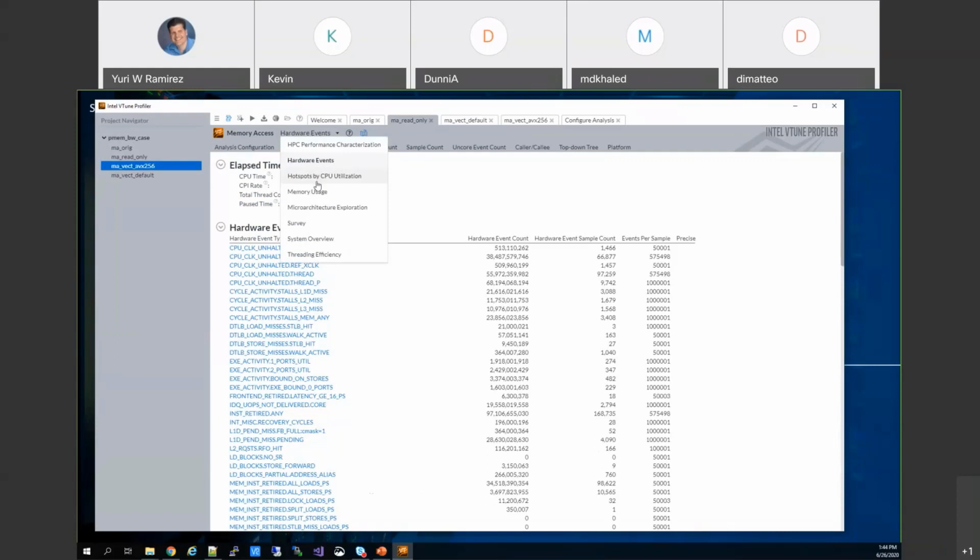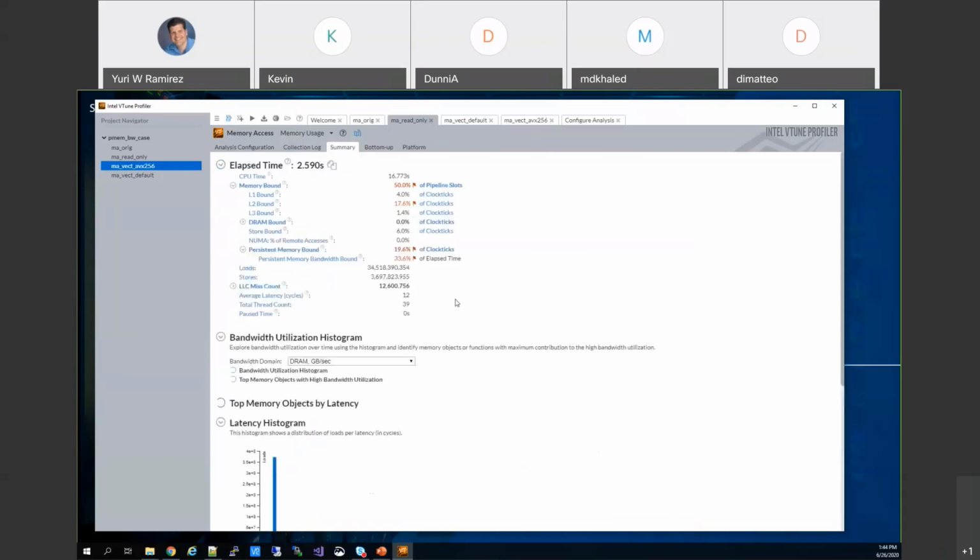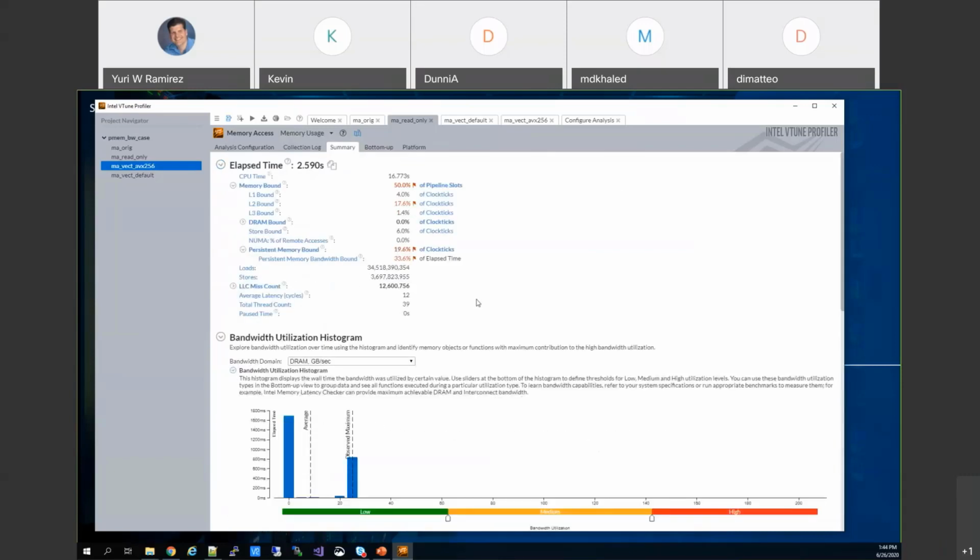What Advisor does, though, is it can analyze the application and show you why, if it wasn't vectorized, and it shows you this in a very intuitive format, where you're looking at your loops, and for each loop it's showing you whether it was vectorized, and if not, why it likely wasn't, and then if it was, is it using the best instruction set, anything that might be preventing it from